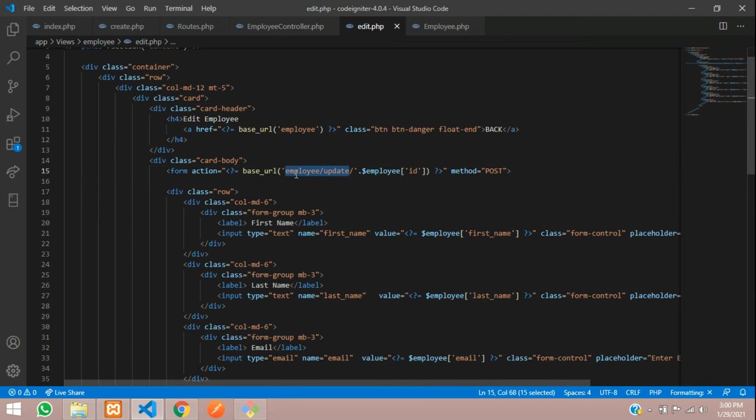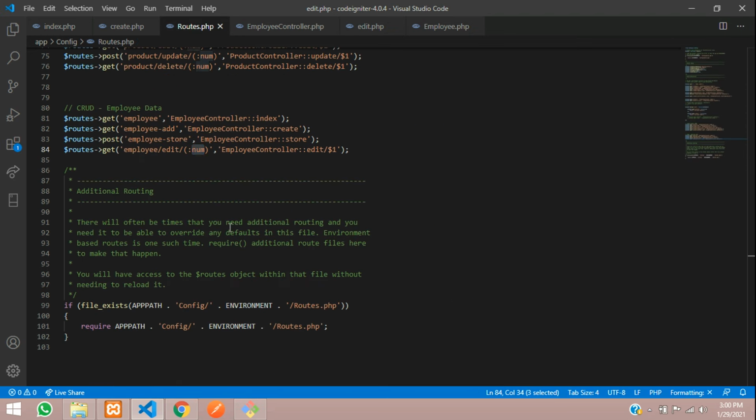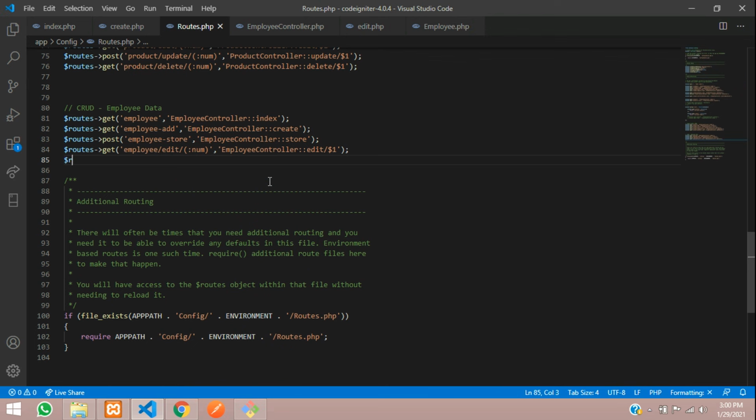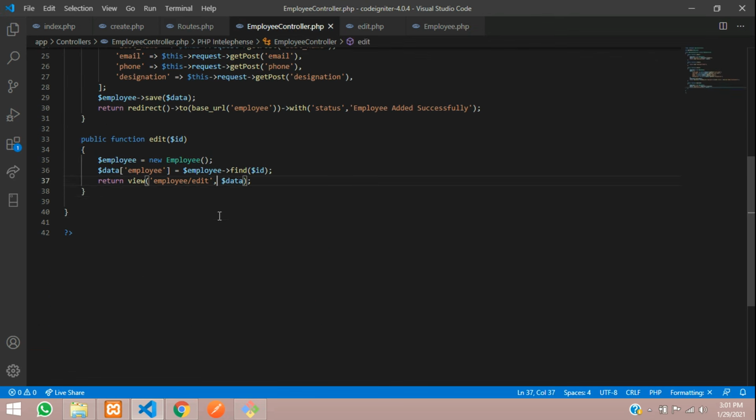So go and create a route for it. Let's move to routes.php, where you're going to tell routes, where I'm going to use the post method to update the data. Okay, paste and / we are taking ID. So let's pass in numbers and then create a controller with that. So let's take this same thing, because we are passing the parameters over here, number, integer, that will be sent to this function. So let's create a function called update in the same employee controller. So let's copy this name and create a function in it, public function update,